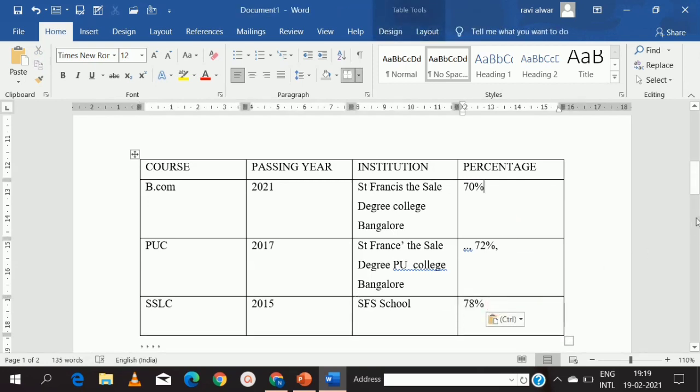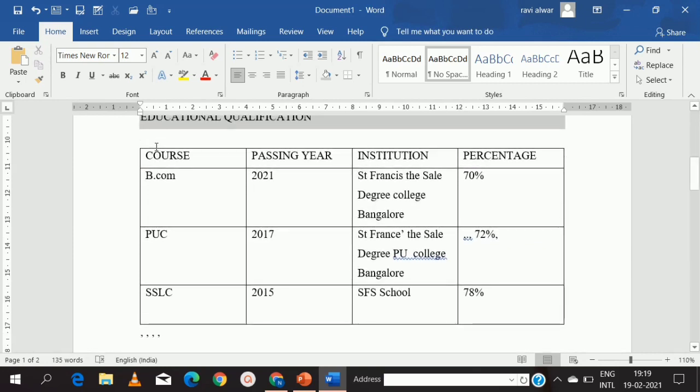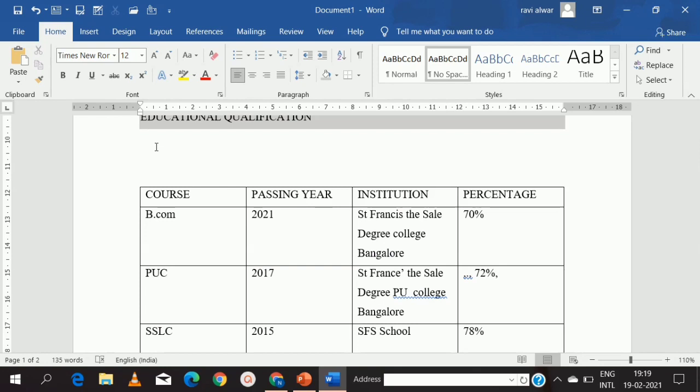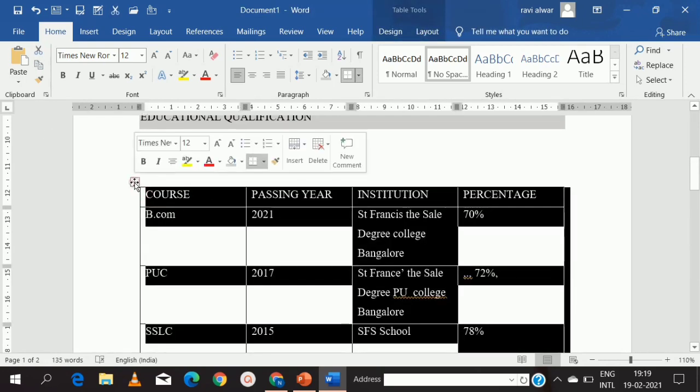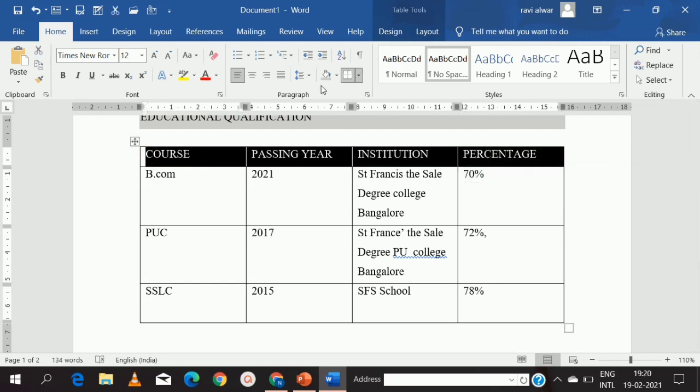I'm going to beautify my table. So I'm going to do a little formatting for this table. I want my table to be a little up, so I'm pressing backspace. If you want to bring the table a little up, you can press the backspace button, or else you can click on this icon and just move it up. So my table is ready. I want to do a little modification to beautify my table. I want this to be highlighted how I did for the objective and educational qualification. So I am going to select that row and fill it with the color.